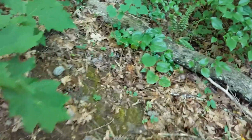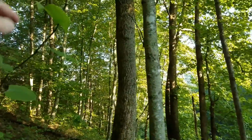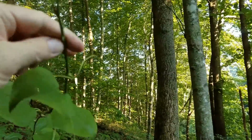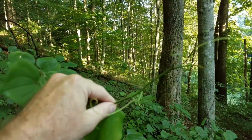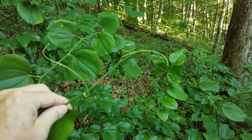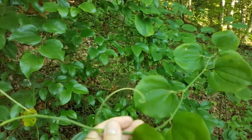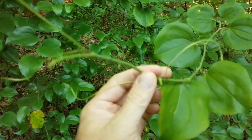Then another one that I'm seeing over here, very, very common. This is greenbrier. There are several species in this genus, the Smilax genus. You may know it as sawbriar or catbrier, greenbrier, but these young tendrils are edible, and even the young tips